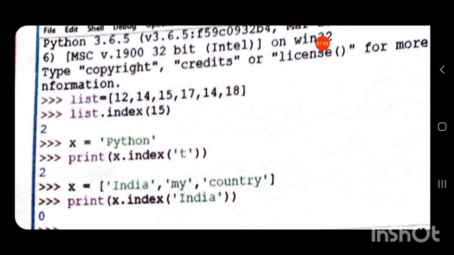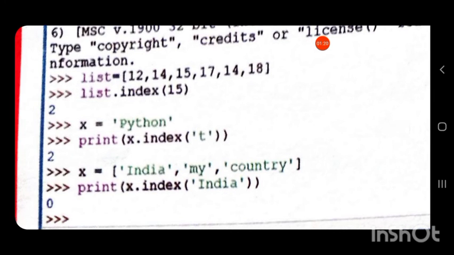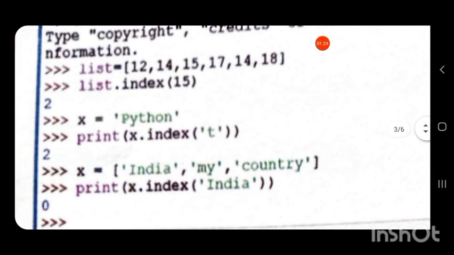Like a list, in a string also each character, that is p, y, t, are all characters in a string, and each is represented based on an index position. So the index function will return the index position of a character in a string. It will return the index position of t as 2, because t is at index position 2.